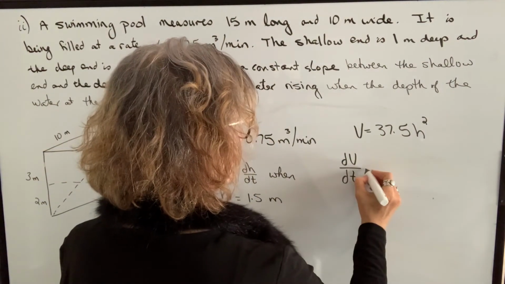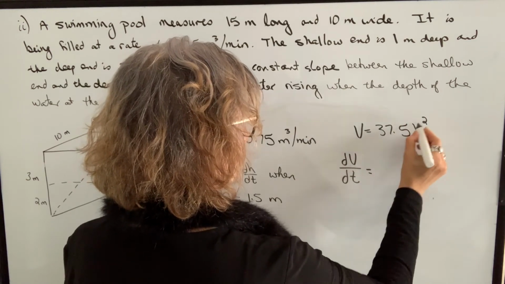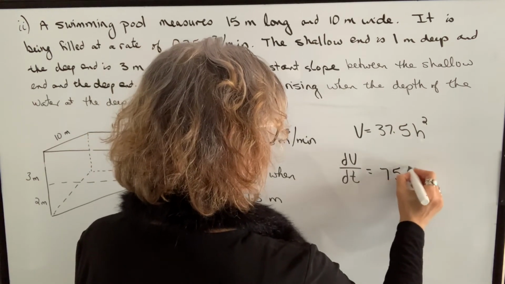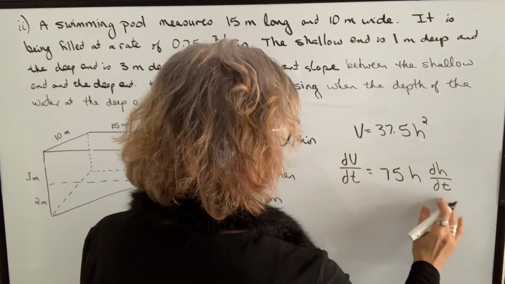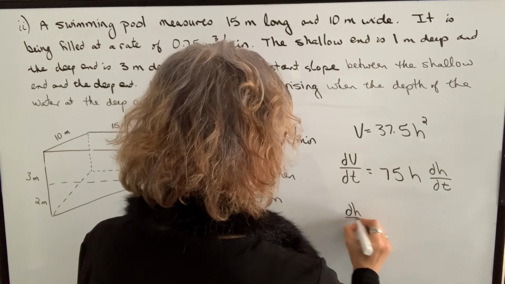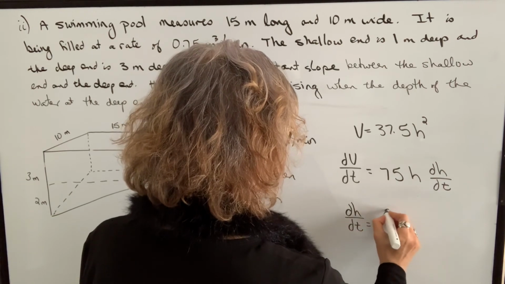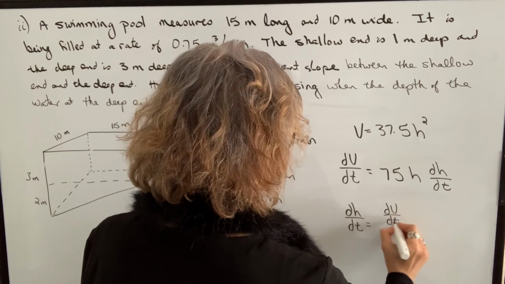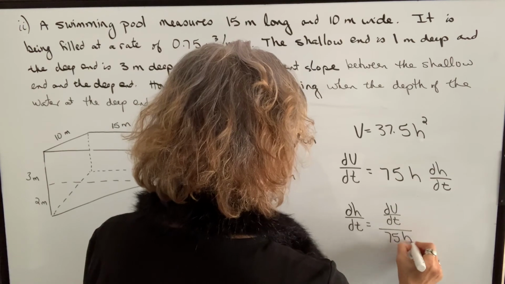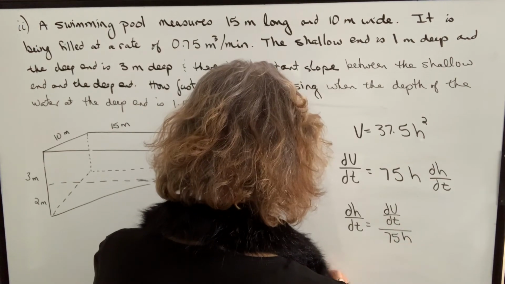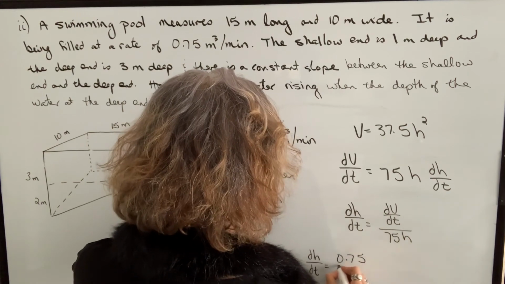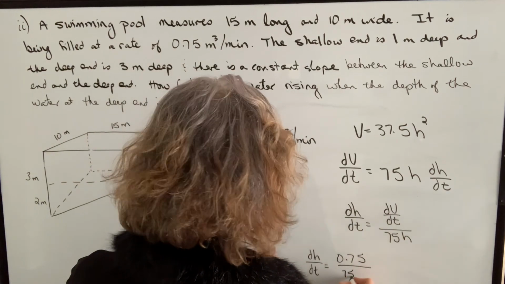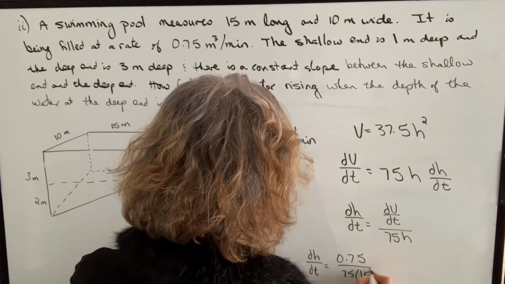So dV/dt will equal 37.5 times 2, which is 75, times H times dH/dt. Therefore, dH/dt will be equal to dV/dt divided by 75 times H. dH/dt then will be equal to dV/dt, which is 0.75, divided by 75 times H, which is 1.5,